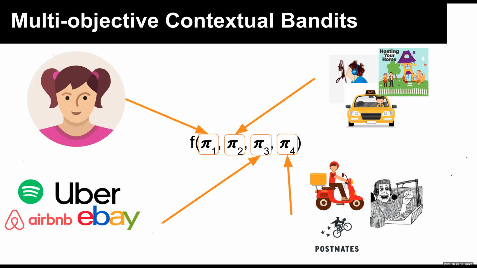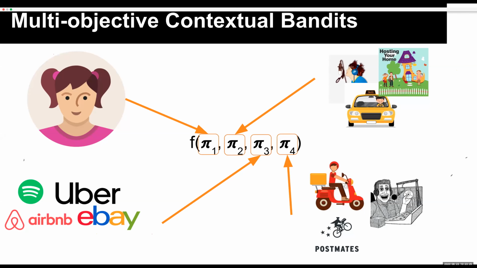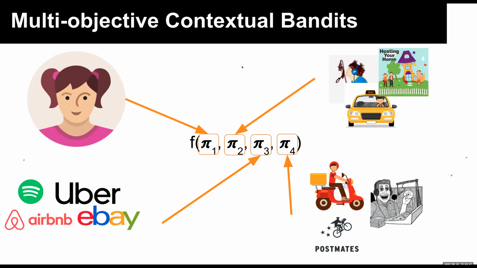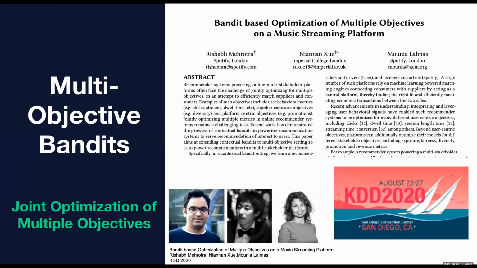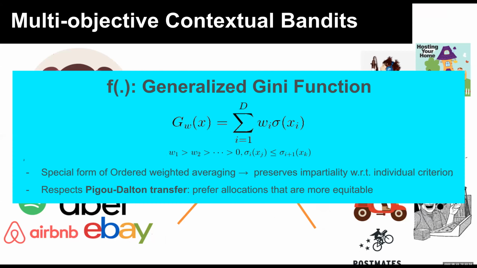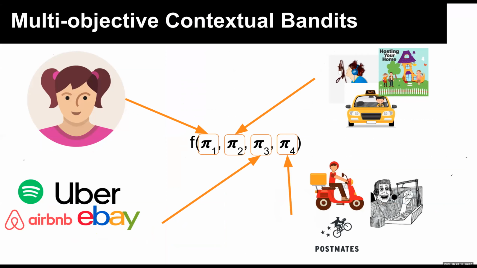So let me take you back to where we were, in the world of multiple stakeholders, multiple objectives. We know that we wanted to optimize a multi-objective function, and that function has inputs coming in from the different stakeholders we have. In this paper, which is, as I mentioned, a KDD 2020 paper, we propose joint optimization using a multi-objective contextual bandit model. Essentially, the function f we were talking about, which considers multiple objectives together, what we formulate is